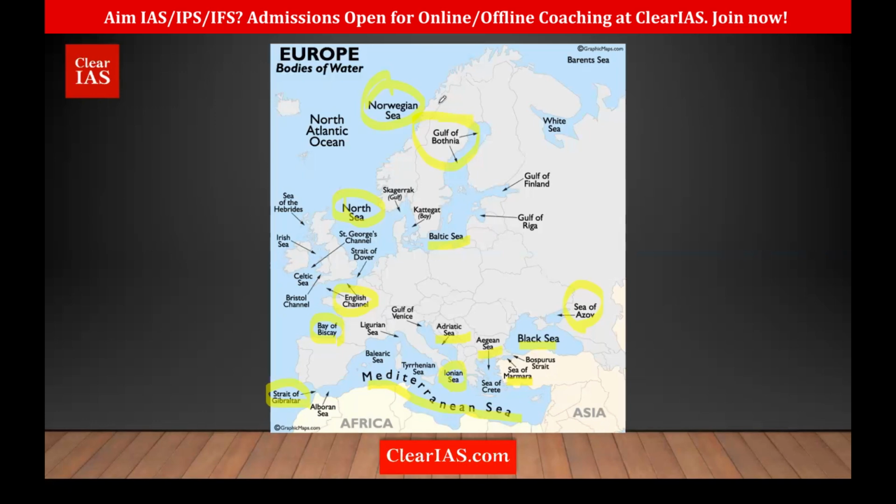So you can just take up your atlas, take the map of Europe, and just go through all these seas and the bordering states. Just have a look at it. That's it. And remember their locations. Okay. Clear? Okay. So that is it. We have covered almost all of the important topics with regard to the bordering countries and the seas and oceans. Okay, so I'll just give you a quick revision with regard to seas and oceans. Okay, just 1 minute.